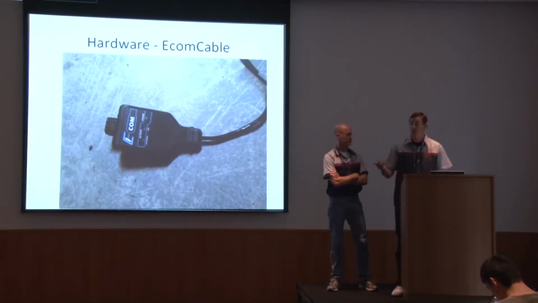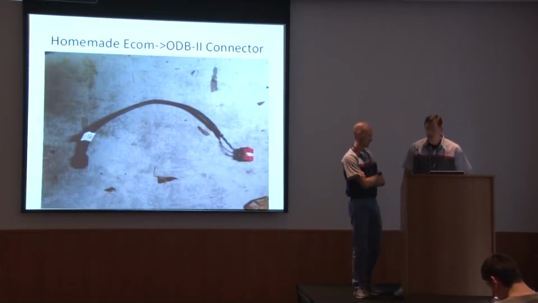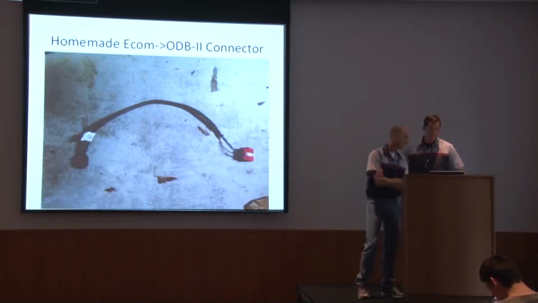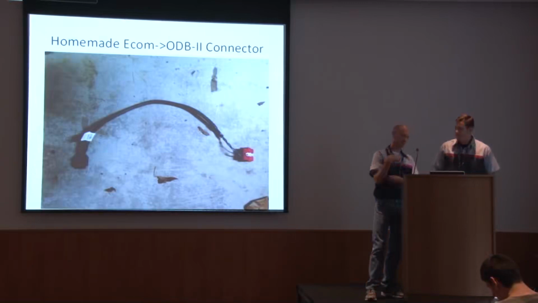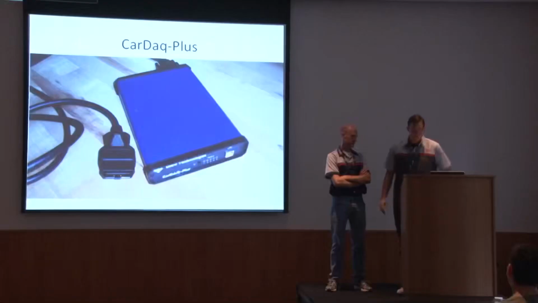We would recommend not buying the Mechanics Edition because if you look at the wiring diagram, you can snip a few wires and buy an ODB2 shell and put the wires in the appropriate place, and it serves the same function. Basically, the expensive one just has exposed wires. Now, the expensive one also comes with software, which isn't as good as what we release. So save yourself some money if you're going to buy one of these. Just buy a regular ECOM cable, look at the wiring diagram, and our paper explains to you how to snip the wires and connect them to an ODB2 shell.